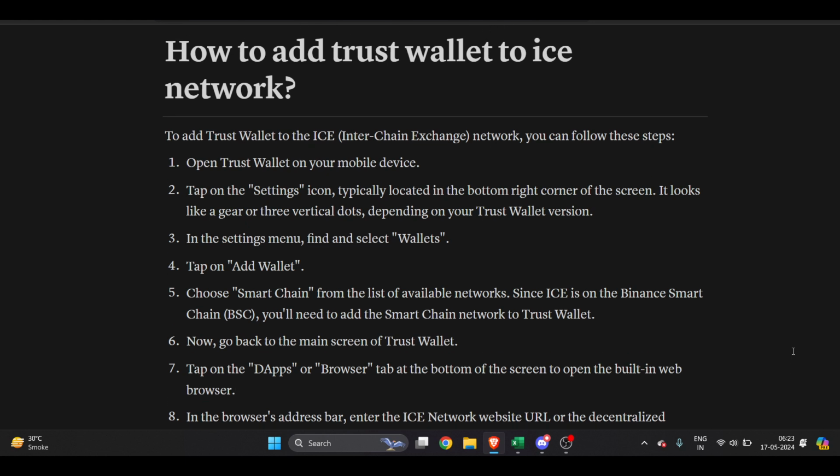Hi everyone, in this video, how to add Trust Wallet through ICE network, means Interchange Exchange Network. So first of all, to do this, you have to open Trust Wallet on your mobile